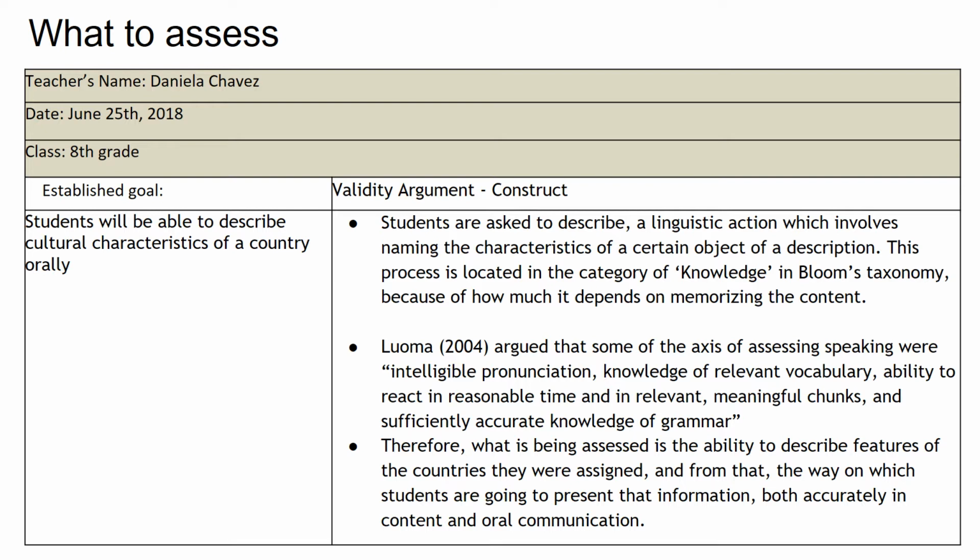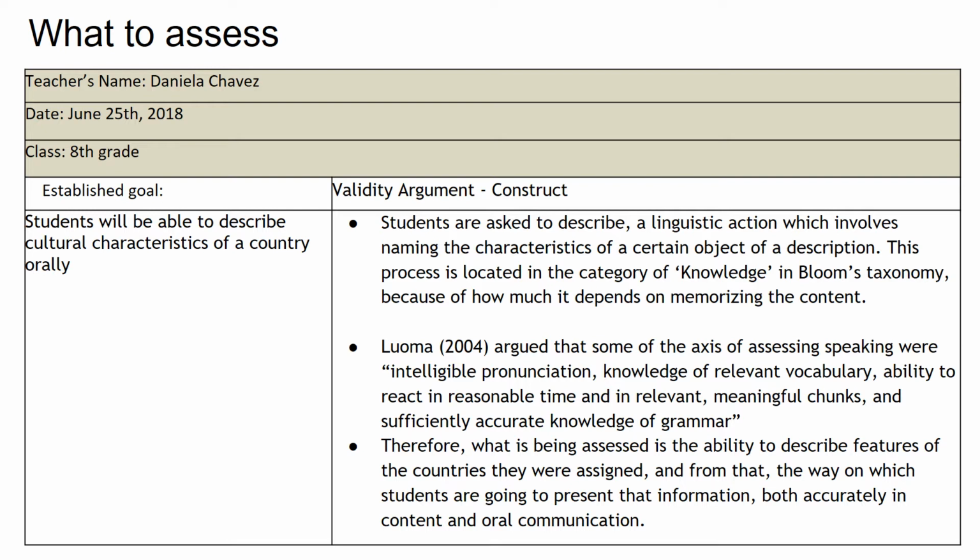The established goal is that students will be able to describe cultural characteristics of a country orally. The construct and its validity is the following: students are asked to describe, which is a linguistic action that involves naming the characteristics of a certain object of a description. This process is located in the category of knowledge in Bloom's taxonomy because of how much it depends on memorizing